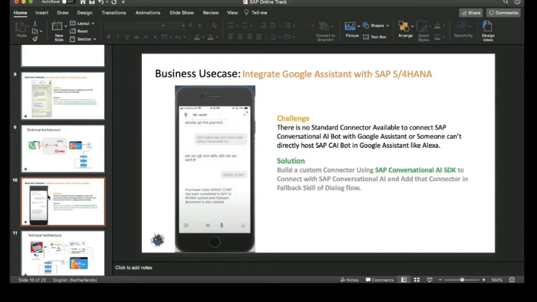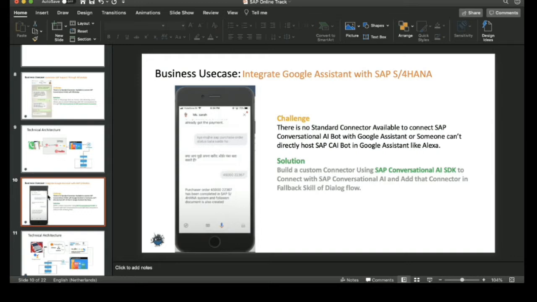This is another use case. And the good part here is, if you are looking at building a bot in different local languages, there are only 4 languages you can design very easily: German, Spanish, French, and English. But for example, if I want to build a bot which has to work with people who know Hindi, or some local language which is not listed in SAP Conversational AI, then you can do a lot of stuff,